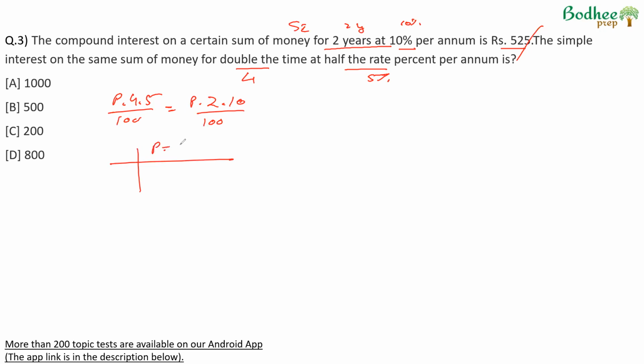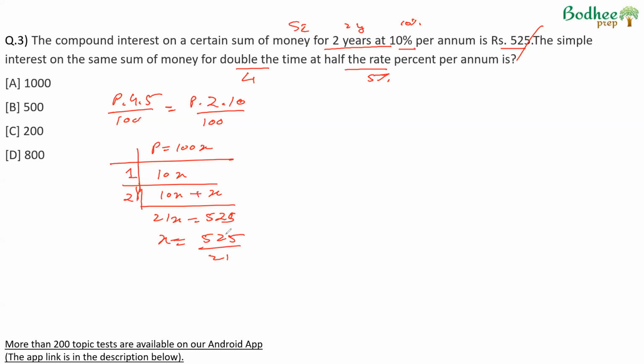Suppose the principal initially was 100x, which means in the first year, the interest will be 10x, 10% of 100x. In the second year, interest will be 10x on principal plus 10% of 10x, that is 1x on the interest of the first year. So compound interest will be a total of 21x. This is given as 525. So x becomes 525 by 21,